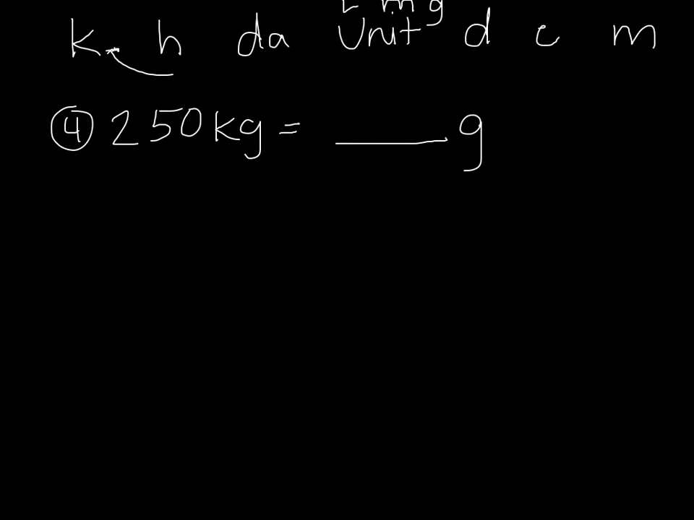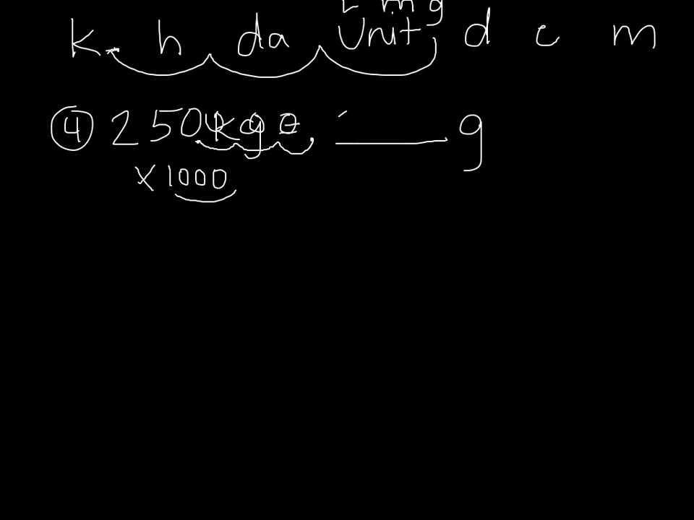So I need to move it 1, 2, 3 spaces. And I moved it 3 spaces to the right, so I know I'm going to multiply by 1,000. Remember, however many zeros there are there, that's how many spaces you're moving. So right now my decimal point is here. I need to move 1, 2, 3 spaces to the right, so that means I need to add 3 zeros. Okay, so my answer is